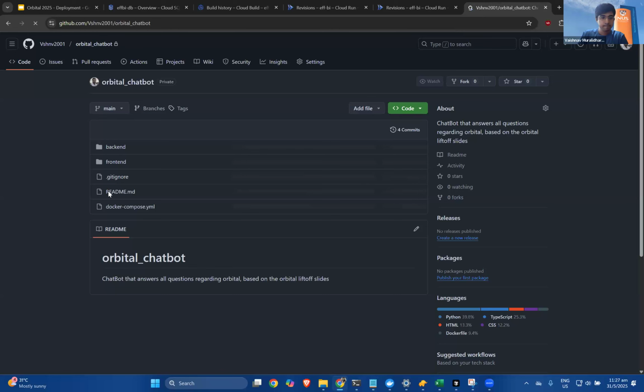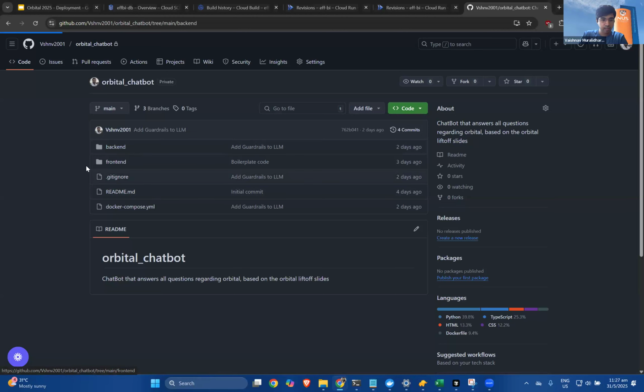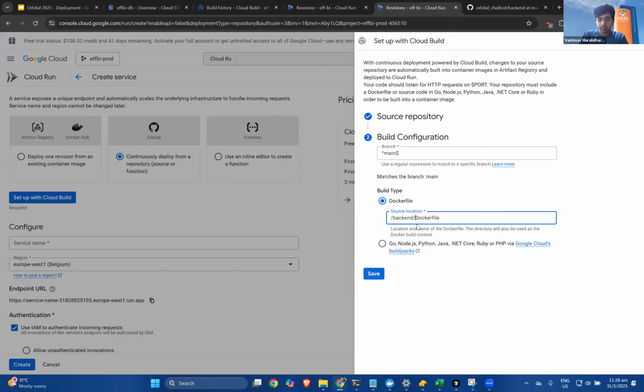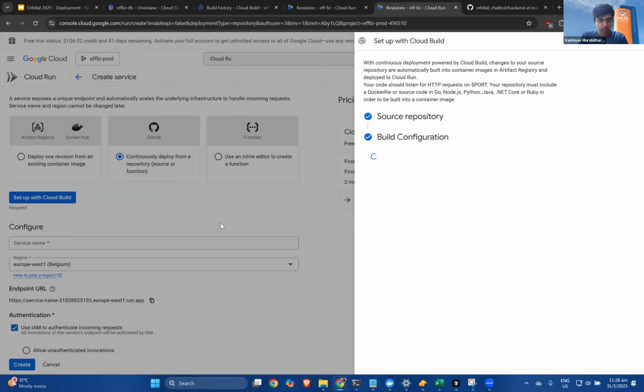This is the repository that I've connected. As you can see, this is a mono repo where I have the front end, which is in React, and then I have the backend here, and the Dockerfile is under the backend repository. So I would do that backend Dockerfile, and then once I do save,